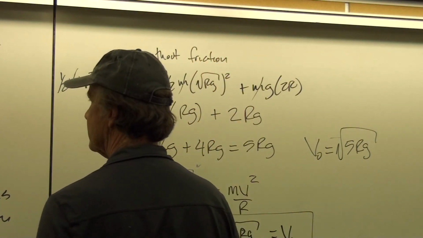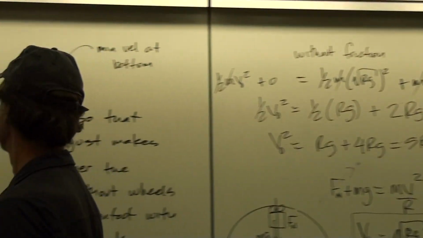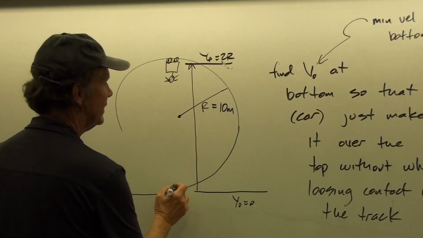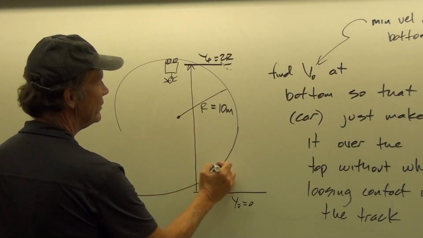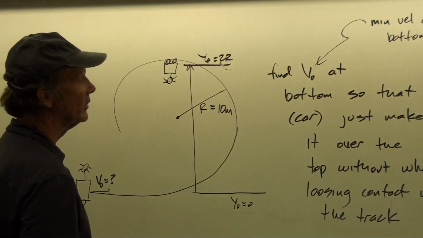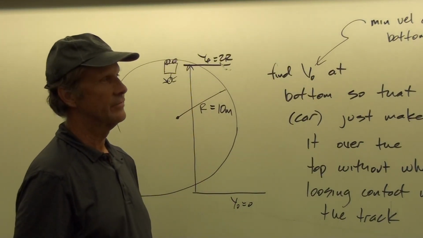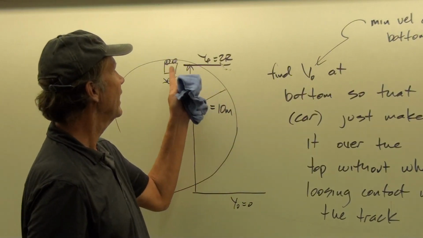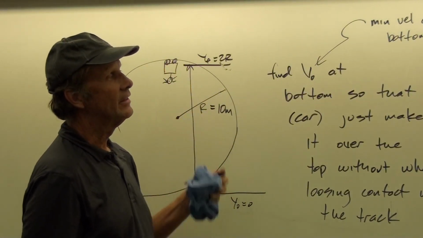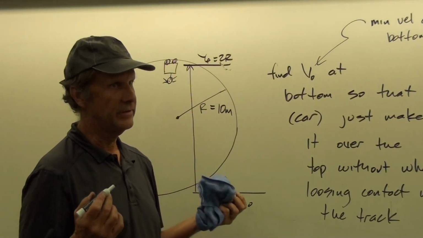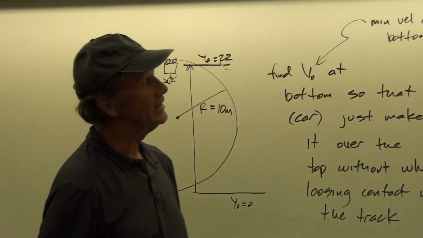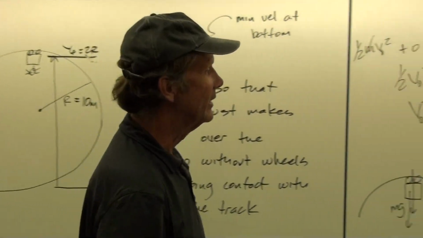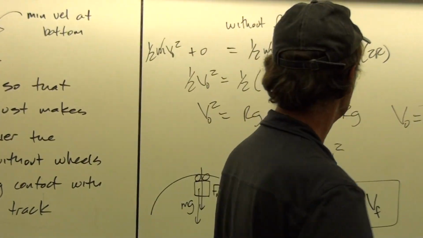Now, if you have friction in the problem, that creates some difficulties. And so that's why usually we don't do it with friction. Because at every point, at every angle, you've got a different normal force, which means you've got a different friction force at every point. If this thing is sliding, if it's rolling, then you'd have to figure it out in terms of rolling friction. And so reality gets so complicated, it just makes my head hurt. And so I'm not even going to try to deal with that one.